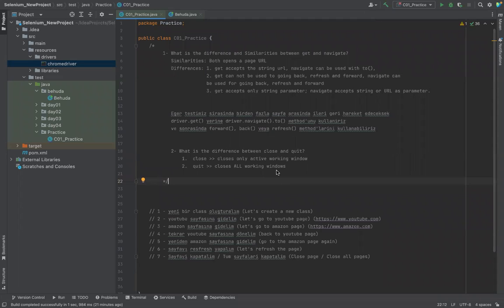So let me switch my language to English. Today my presentation topic is navigate, and I have a question here. Before solving the question, let me explain the differences and similarities between get and navigate, and